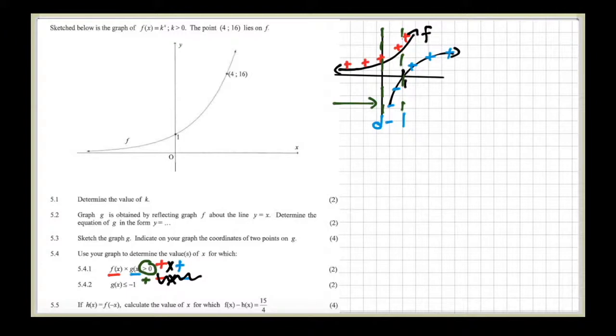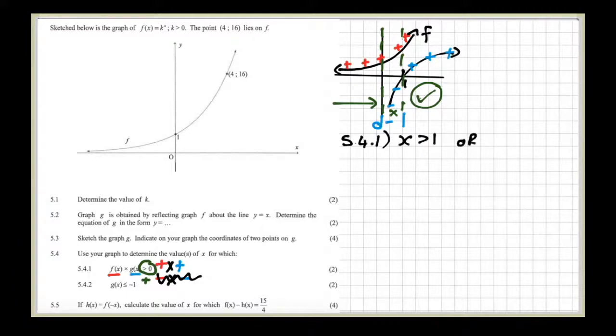Then from 1 onwards, I have a blue positive times a red positive. Oh, fantastic. That's what I'm looking for. So I'm not looking for between 0 and 1. I'm not looking for smaller than 0. I'm only looking for this domain from 1 to infinity. And there you have your question 5.4.1. x larger than 1,